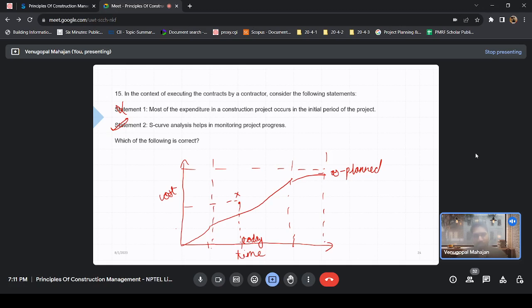See, right now you only have one thing: by today you have spent more than you wanted to spend, right? Let me put some figures. By today you were thinking of spending only 20 cr, and you have spent 22 cr. But it might be the case that till this point you were planning to do only 20% of the work,